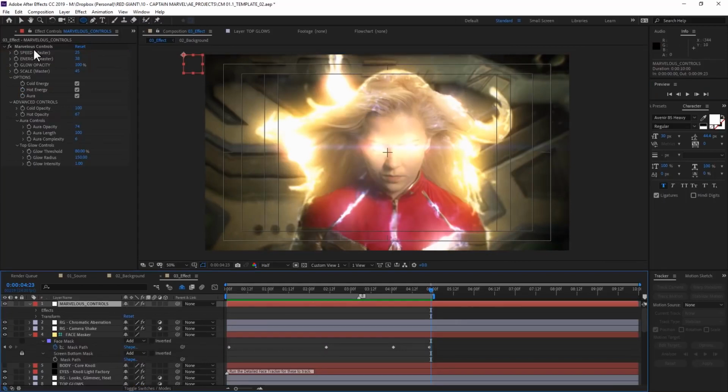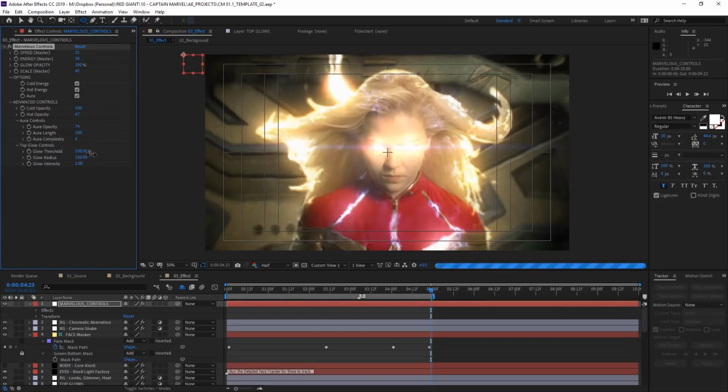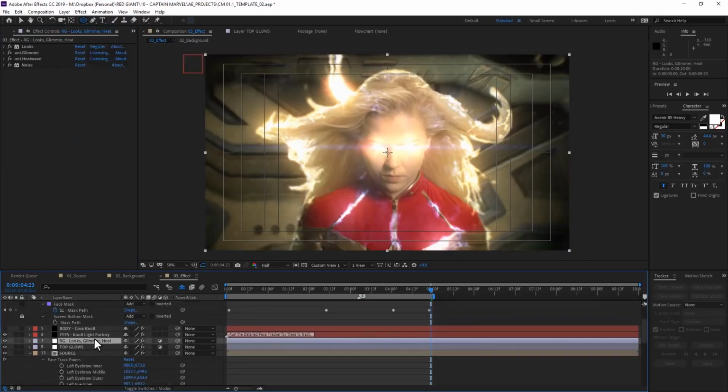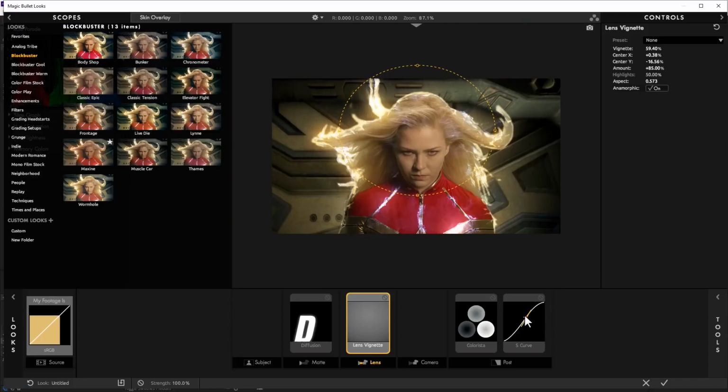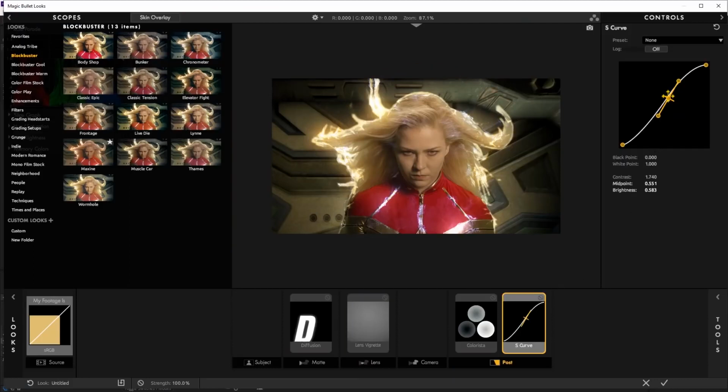Let's see what more we could do with it, though. Her hair still seems a little bit too extreme, so I'm going to go to the advanced glow controls and turn the threshold up a little bit. Then I'm going to go to my layer with looks, and I'm going to edit that a little bit. I feel like this curve could be making everything a little bit darker and broodier,